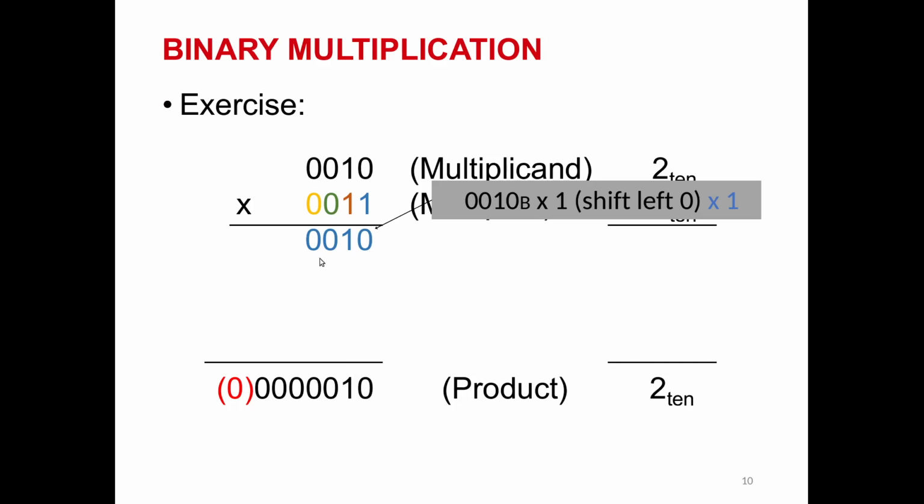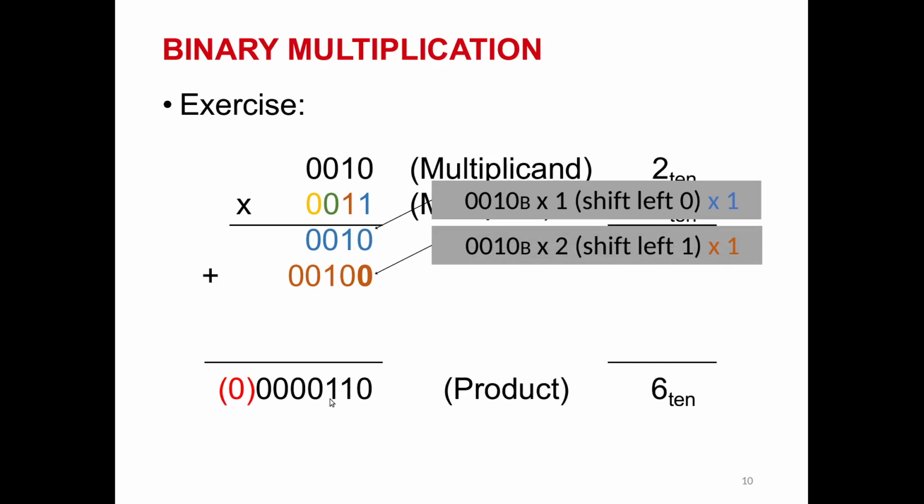For the next line, in which the second bit of the multiplier is multiplied with the multiplicand, we can see the result of this bit multiplication is this one, and then if we add this value immediately to the product, we can have this value of 1 located here. So the result is this, and we have the product is 6.